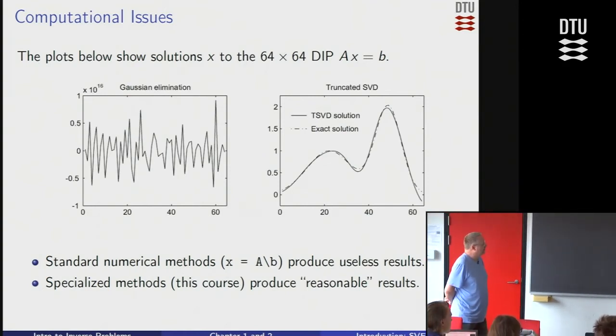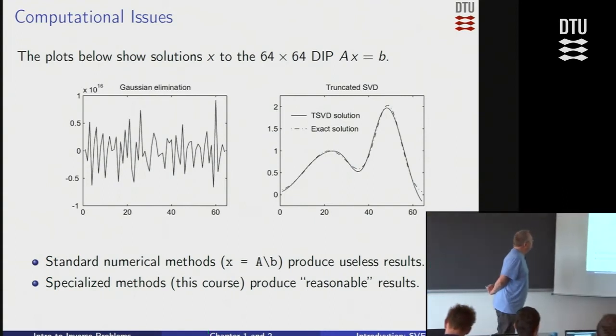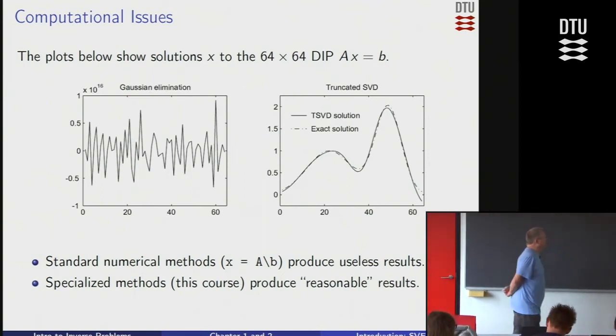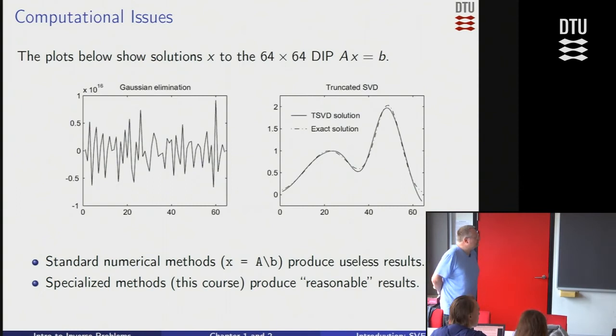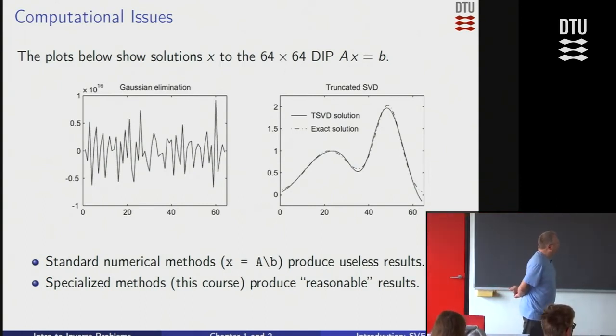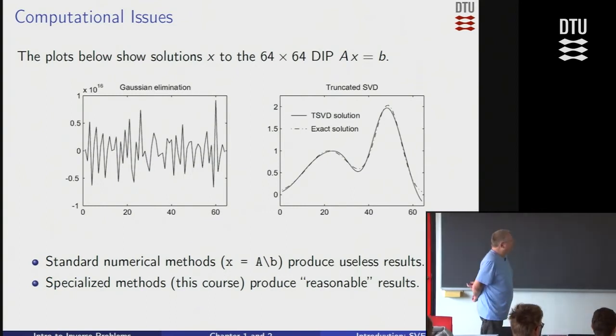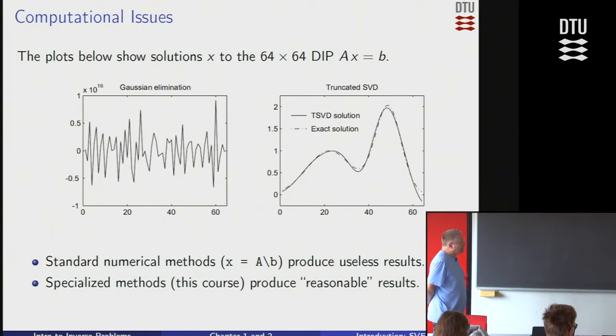And it looks interesting. And if you look a little closer, you'll see that the scale is actually 10 to the 16. So there's some humongous numbers in there. So maybe you didn't really quite expect that, if you expected your solution to be around the order of 1 in magnitude, right? So actually on the right, I have shown two things. One is the exact solution to my problem. That's the dash-dotted line that you can maybe see there.